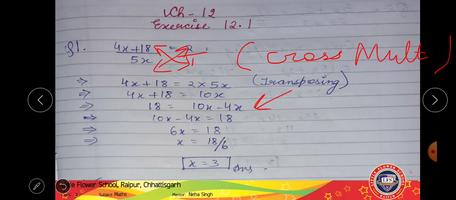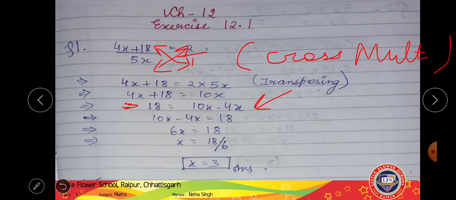So it will be in minus sign, since whenever a number is transferred to the other side of the equals to, the sign changes. If it is in plus sign, it will be minus, it will be subtracted there. If it is minus, it will be added there. Or if it is in multiplication, it will be divided, and if it is in division, it will be multiplied, right? So here it is 4x, means plus sign, so on that side it will go and it will be minus 4x.